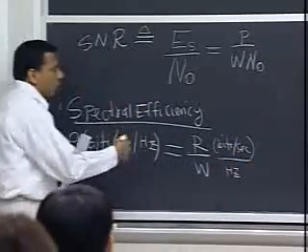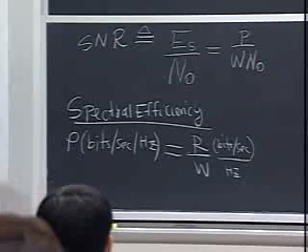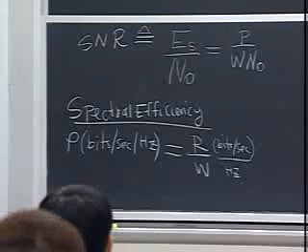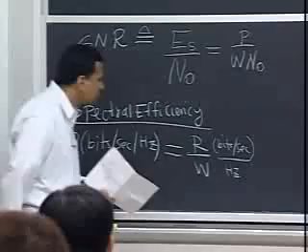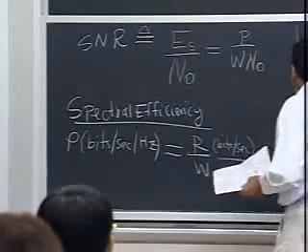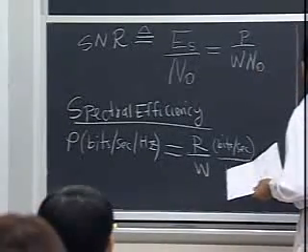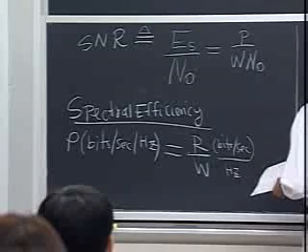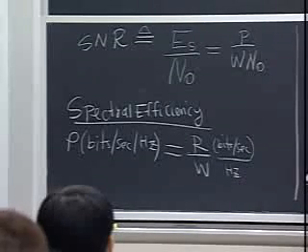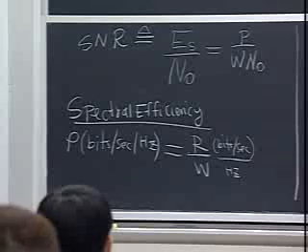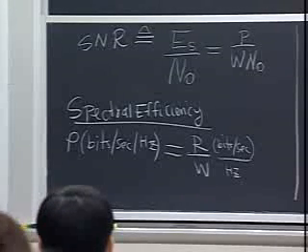So it's the amount of information bits that I'm able to send over the amount of bandwidth that I have in my system. In discrete time, we can also define the same idea of spectral efficiency,